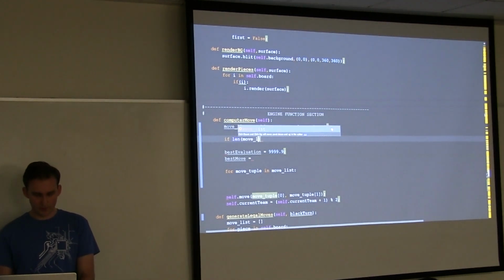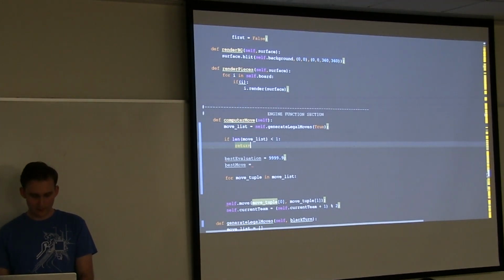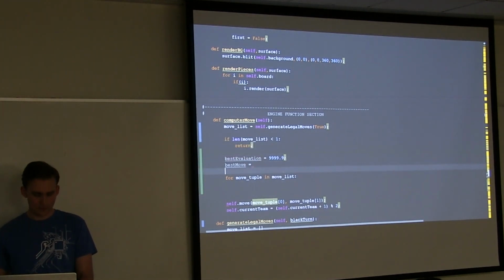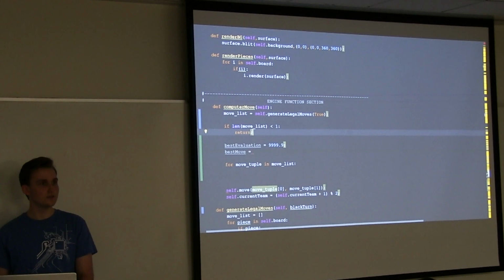So if the length of our move list is less than 1, that's when we want to return. Might even want to raise. It's more Pythonic to write not length. Ah.